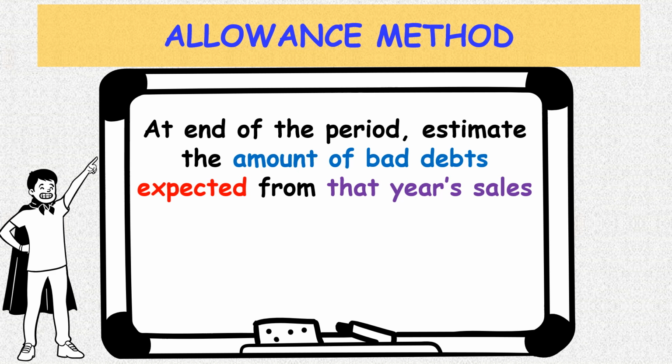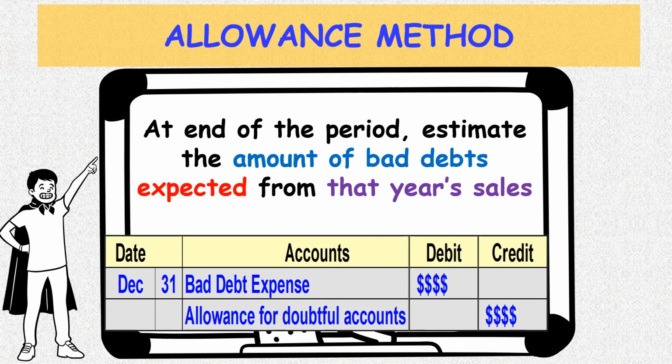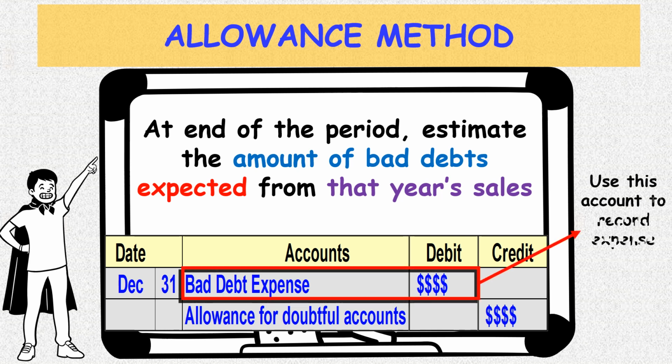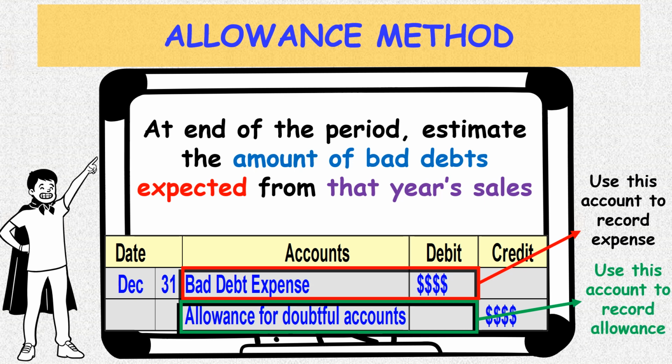We can't wait until we know exactly who will not pay, so we need to estimate beforehand and then make the entry: debit bad debt expense with the estimated amount, and credit the account allowance for doubtful accounts. So the first account, the bad debt expense, is used to record the expense, and the second account is used to record the allowance for the bad debt. Since we don't exactly know who will not pay, we cannot credit the receivables, so we will credit the allowance